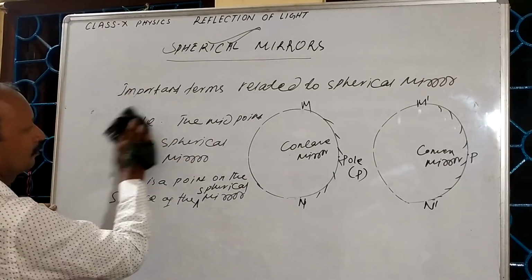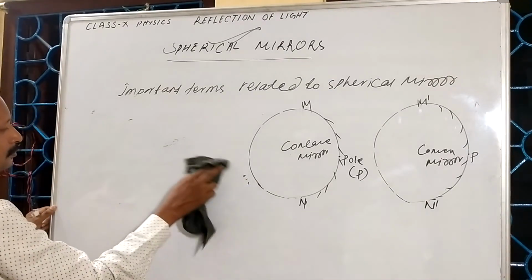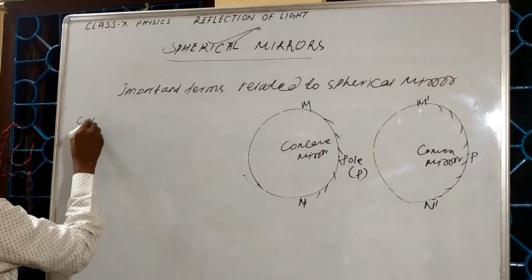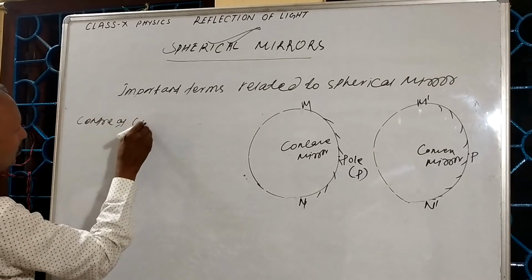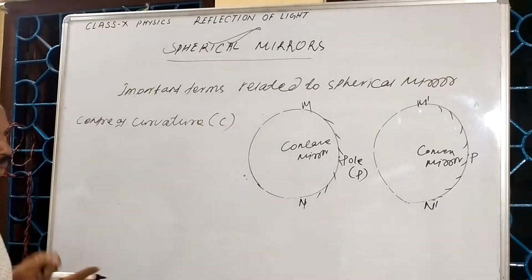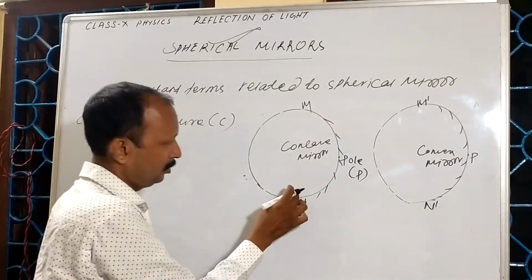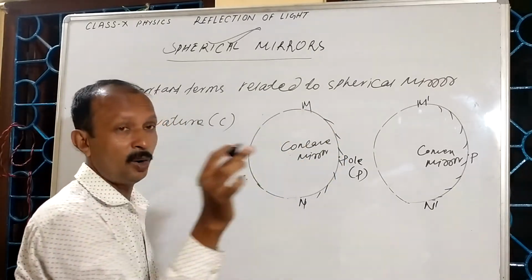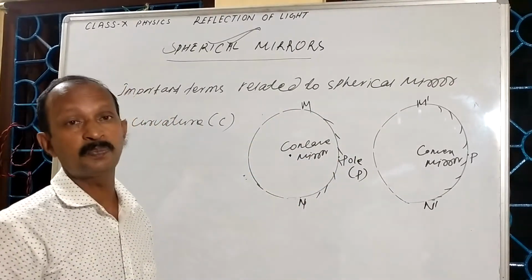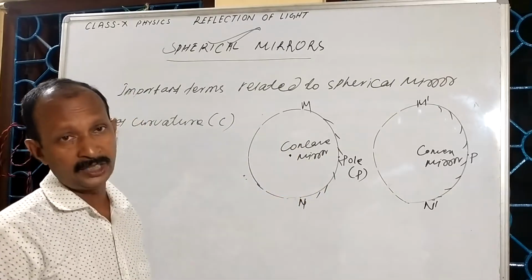Second point, center of curvature, denoted by the letter C. See here, this mirror, once it was a part of a hollow sphere of glass. This point is the center of the sphere. So the center of the sphere of which the mirror is a part,